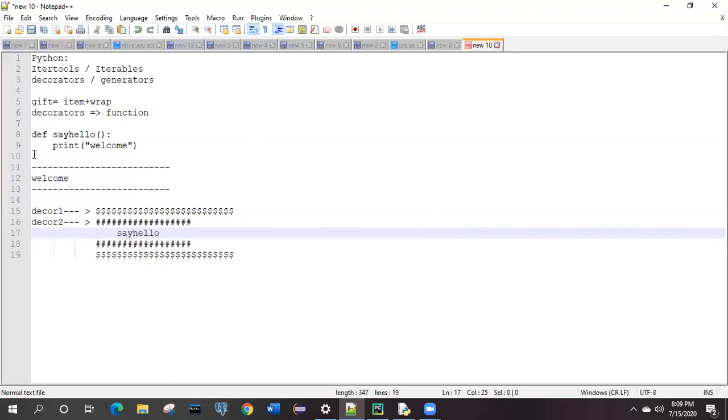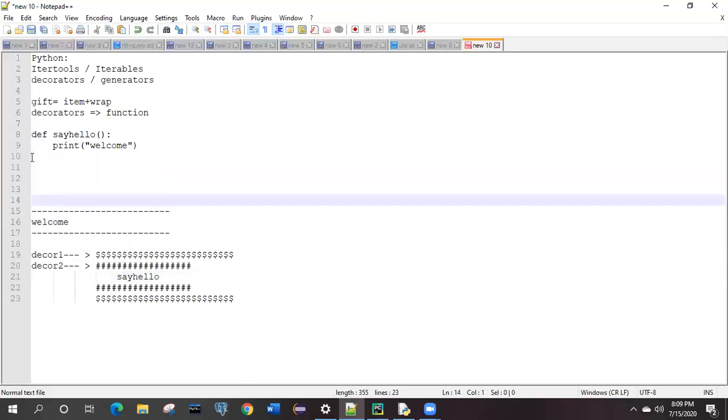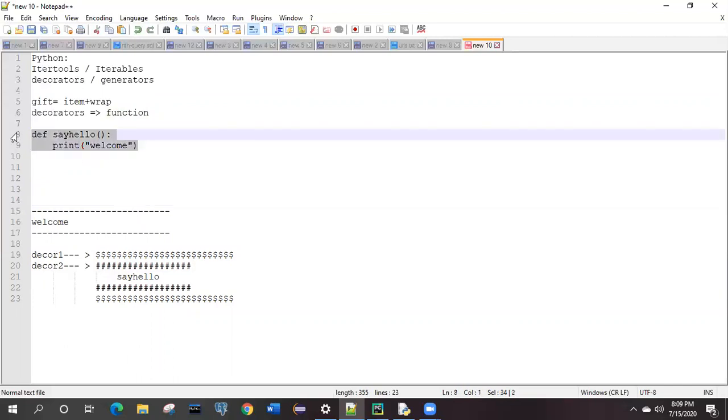Think that you have already defined decor two and decor one. Now how are you going to apply the rules for decor one and decor two on this one? Otherwise, how will this function come to know which decorator it will be applied on? What could be the logic?